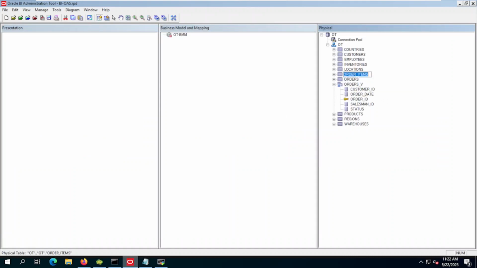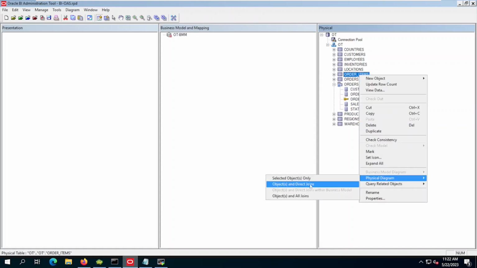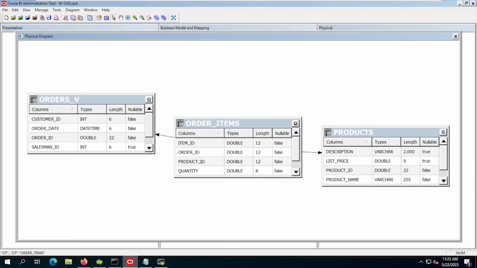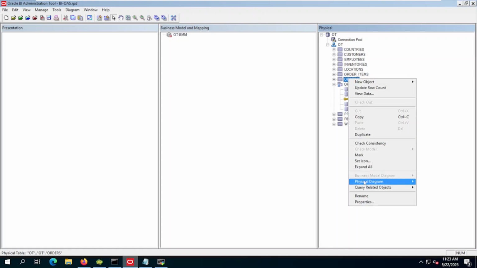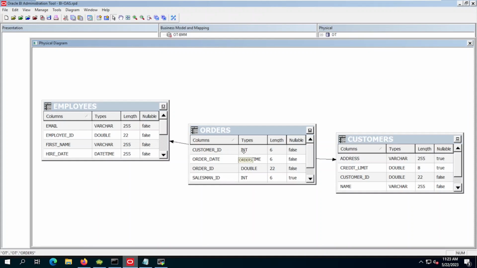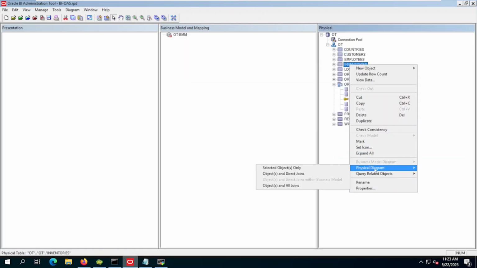Now if you select orders and you want to check the related tables, objects and direct joins, it has two relationships with orders underscore V and products. It looks like a star schema. Okay, for orders, right click, physical diagram. It has two relationships with employees and customers. It's also a star schema. If you select inventory, physical diagram, direct joins,